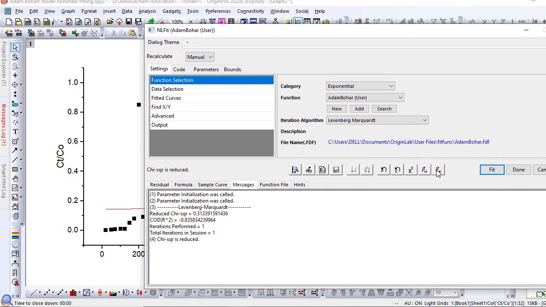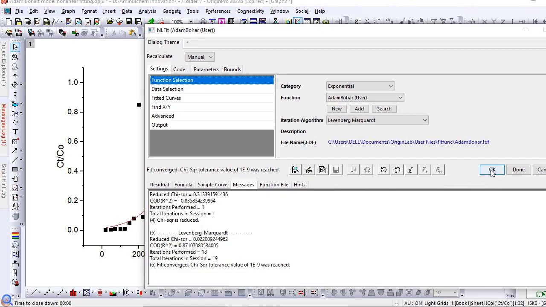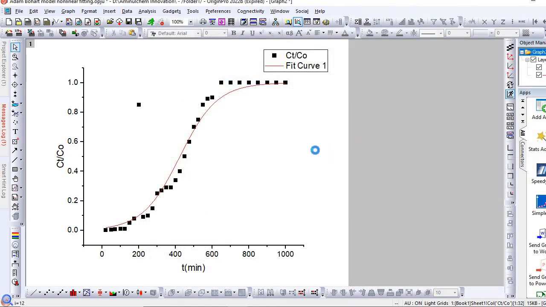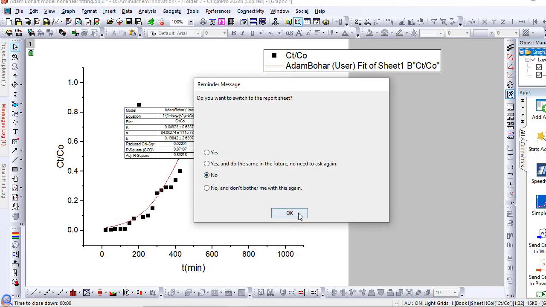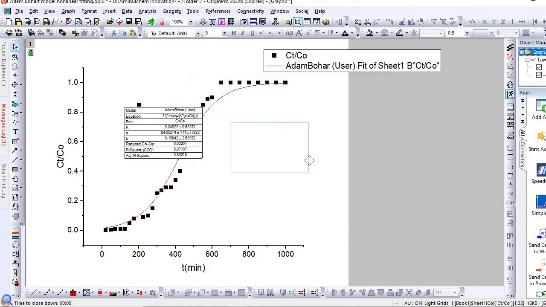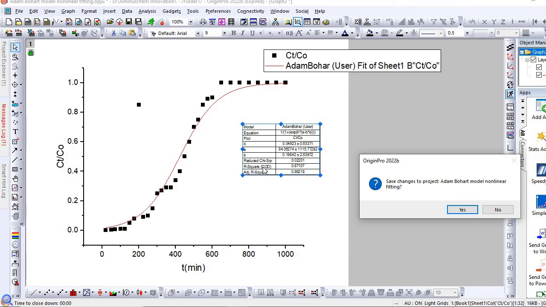Then click on fit until converges. Then click on OK. Then click on No. So see, these are the values of